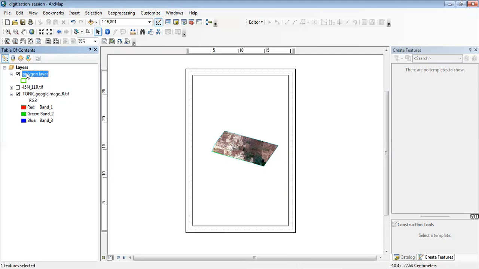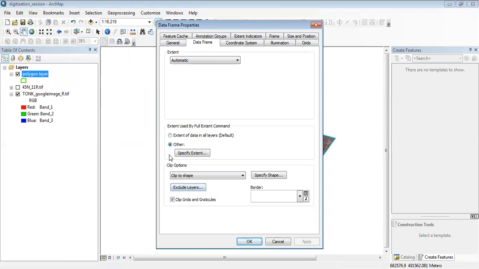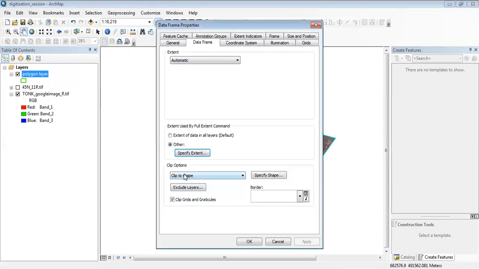It makes it easy to create multiple maps using the same raster image as well as the same shapefile. If I want to see my whole data again, just right click here, go to Data Frame Properties, then uncheck all these, no clip.